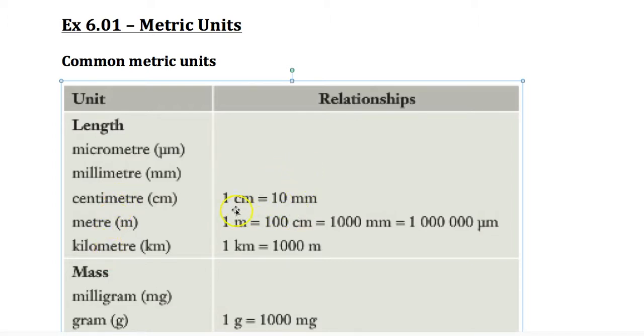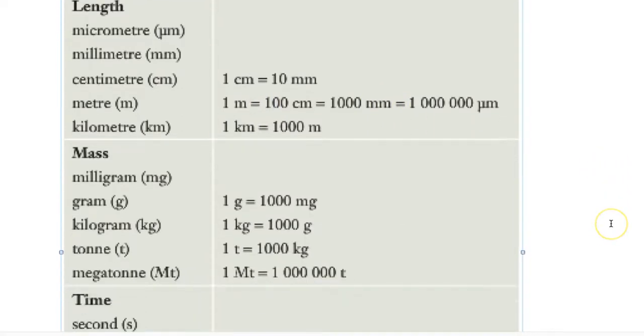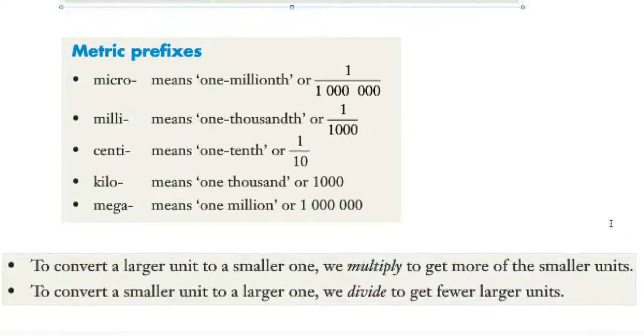So you know some of these. So for example, 1 centimetre is 10 millimetres. That's on your ruler. 1 metre is 100 centimetres. You should remember cent, 100 cents in the dollar, 100 centimetres in a metre, all right? But 1 metre is also equal to 1,000 millimetres. The reason is, girls, milli, if we look down here,